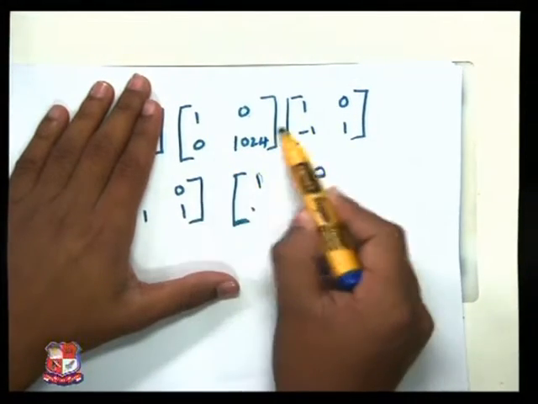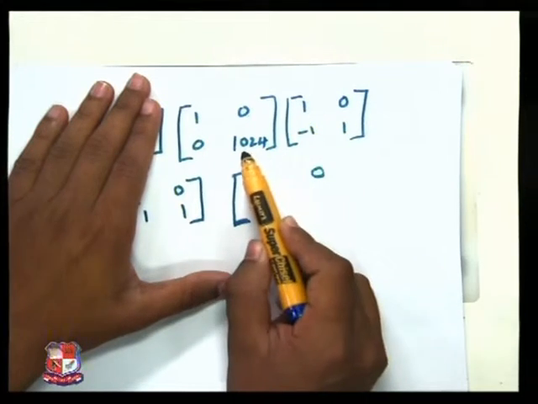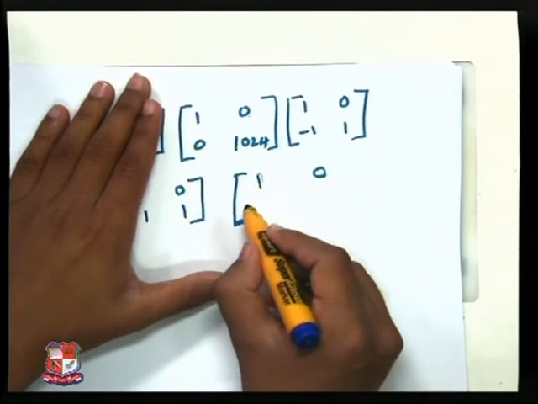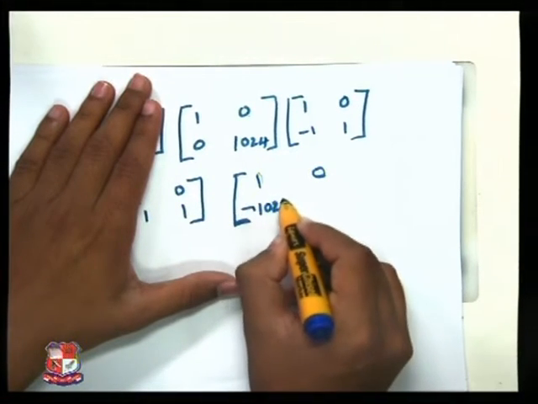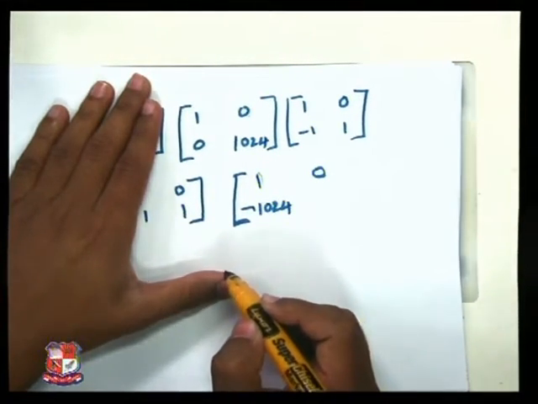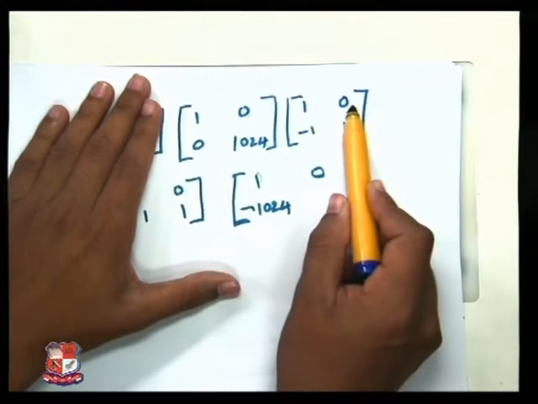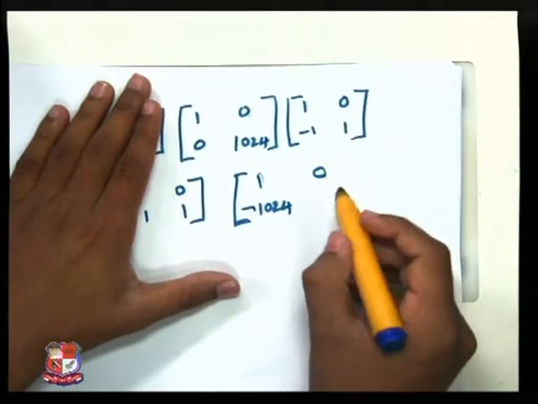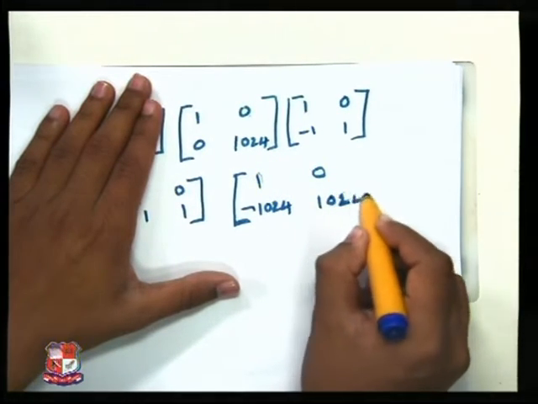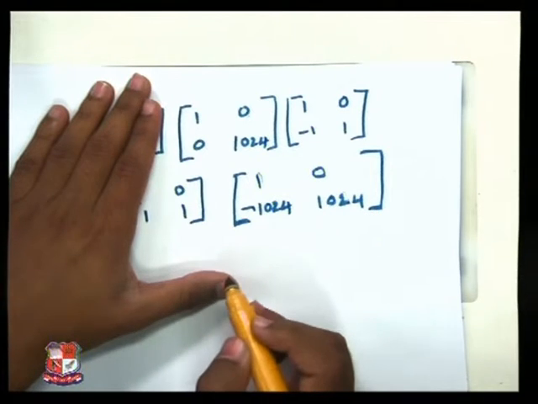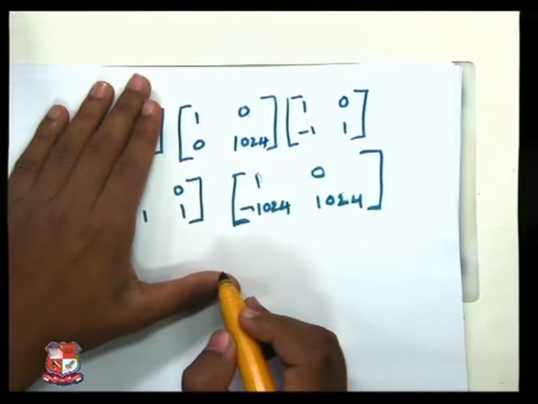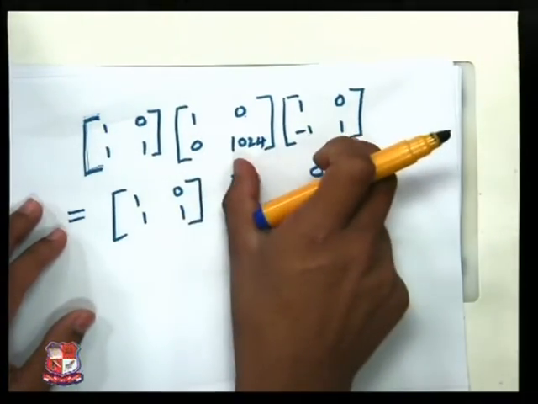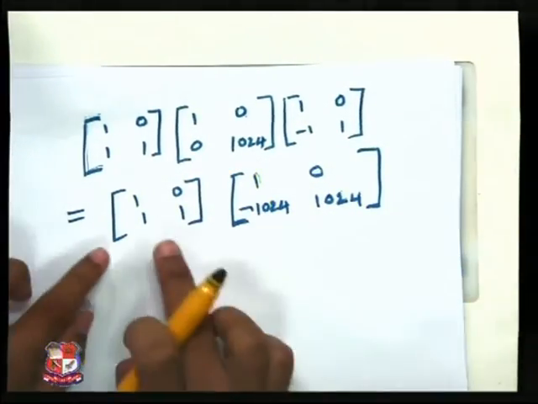Then 1 into 0 plus 1024 into 1, and so on for the second row: 0 into 1 plus 1024 into minus 1, so you will get minus 1024. Then 0 into 0 plus 1024 into 1, so you will get 1024. So now the multiplication of these two matrices gives this matrix. Now we want to multiply this